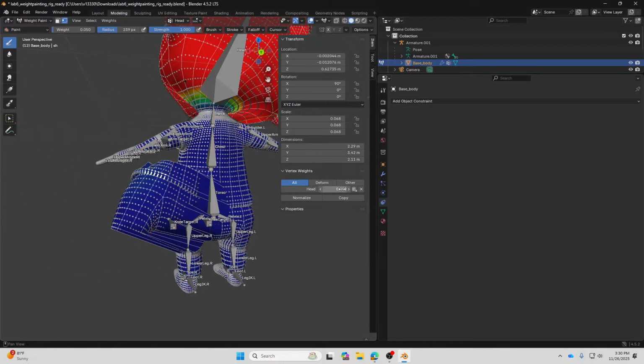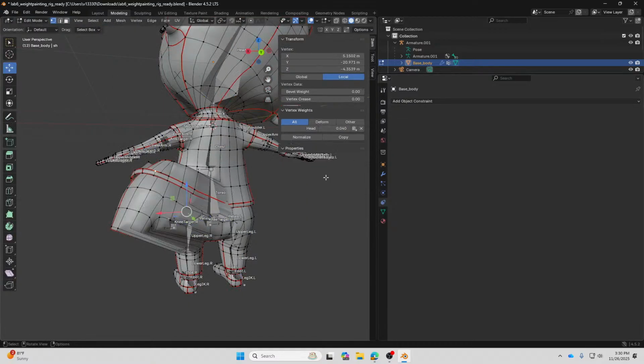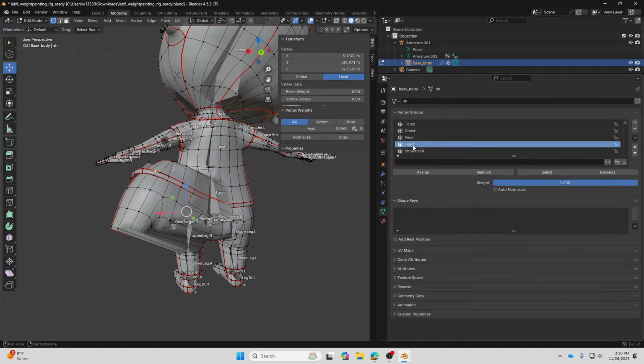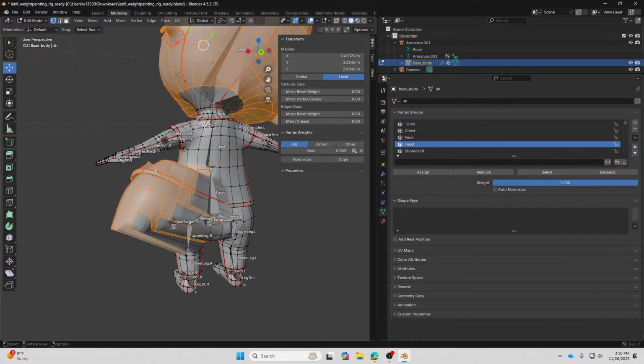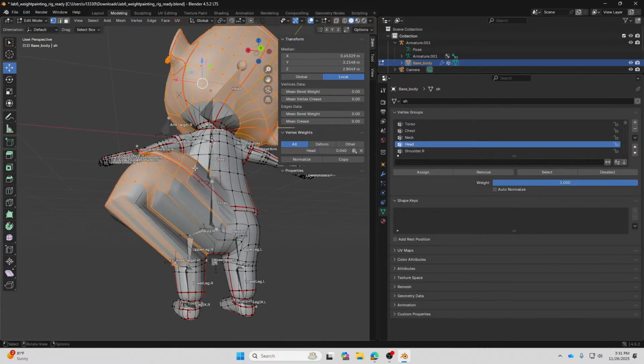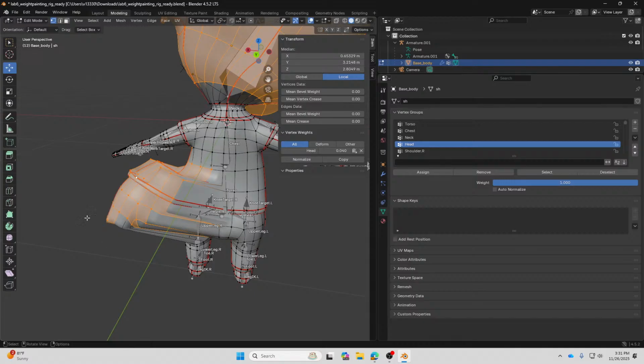Alright, so once you know this value is on the head vertex group, you can go back to edit mode, and then you can go into the vertex group over here, and then you can select. It's going to highlight all of the vertices that are being influenced by the head bones.